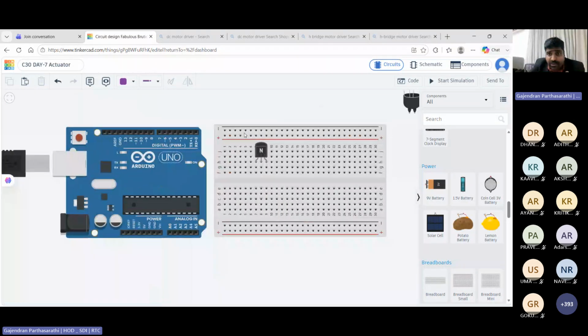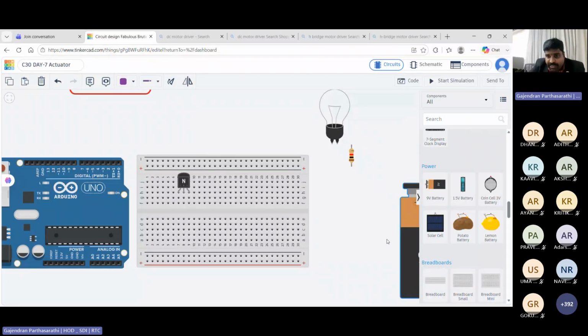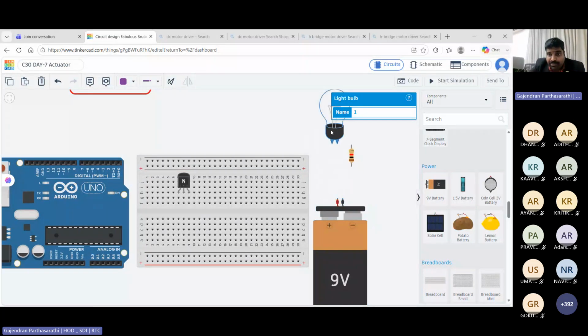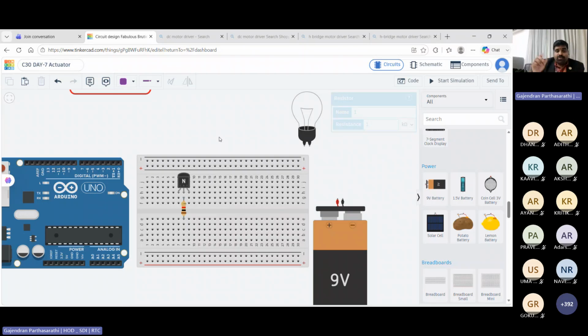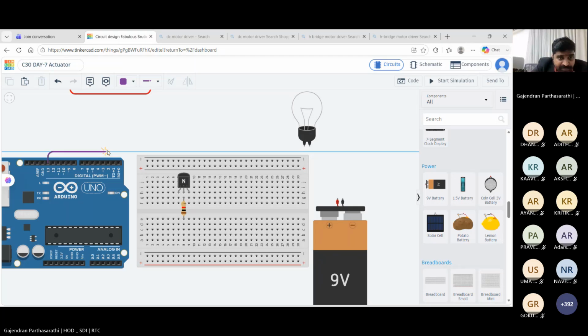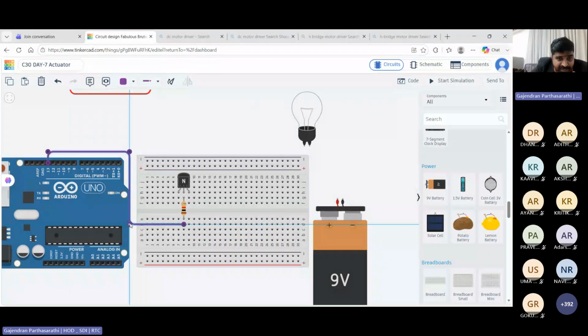Now I'm going to take a 9-volt battery, then the lamp, then the resistor. The resistor I'm going to connect to the base terminal. Then I'm going to take the 13th pin to apply the triggering to the base terminal. I connected the 13th pin. Please, don't draw in parallel. Please observe what I am doing, then you people can do your task. Then from the collector terminal,